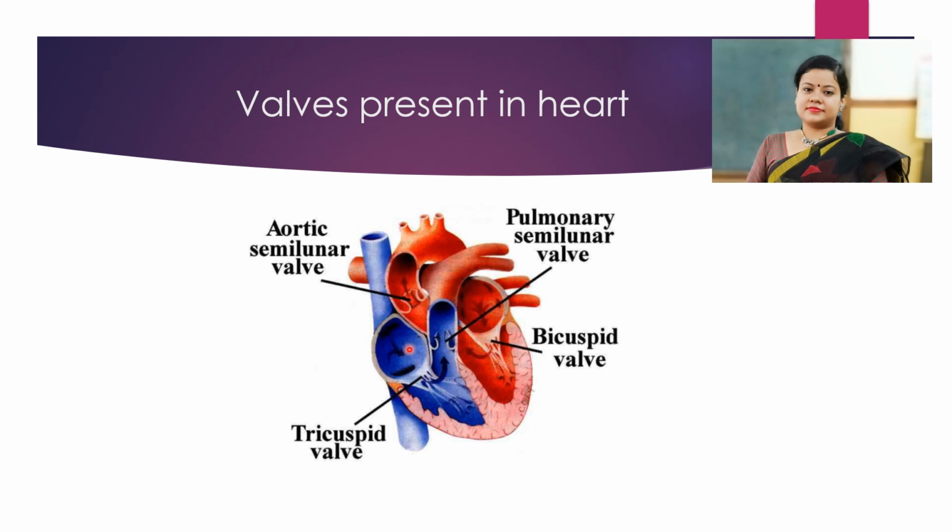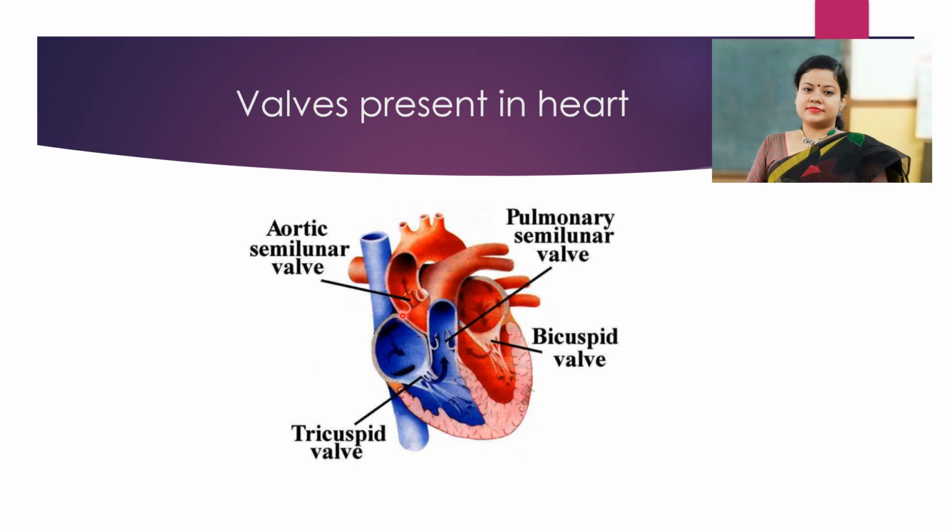You can see that the right auricle and right ventricle are colored in blue because they are dealing with deoxygenated blood, and the superior vena cava and inferior vena cava are also colored in blue because they are dealing with deoxygenated blood. And the left auricle and left ventricle, in between these two chambers there is the bicuspid valve, also known as the mitral valve. This also maintains unidirectional flow of blood from the left auricle or left atrium to the left ventricle but prevents backflow.